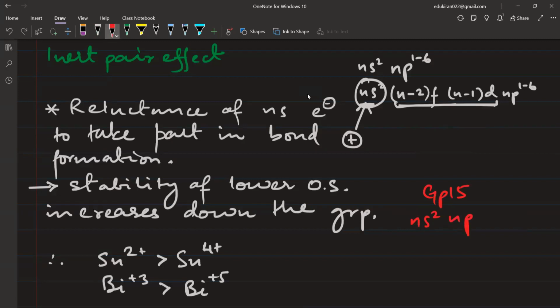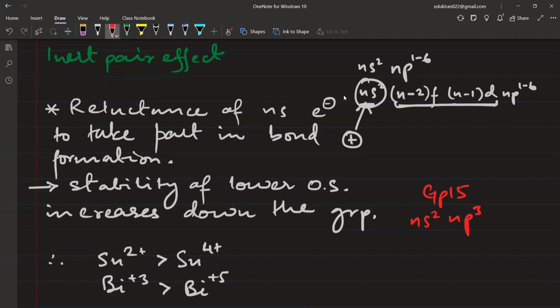How many electrons in the p orbital? Tell me. How many electrons in the p orbital? 4. ये तो याद नहीं है आप लोग को, कैसे चलेगा? ऐसे कैसे काम चलेगा? ग्रुप 15 के लिए what will be the configuration? NS2 NP3 सर। हाँ, ये ऐड कर देना इस तरह से कि 5 बन जाए, ठीक है NP3।